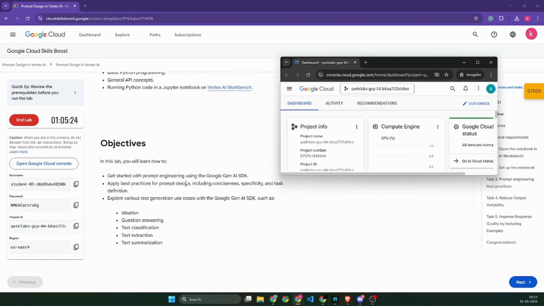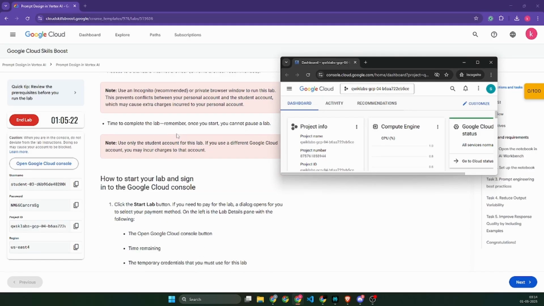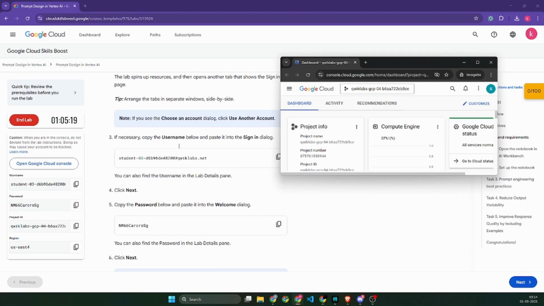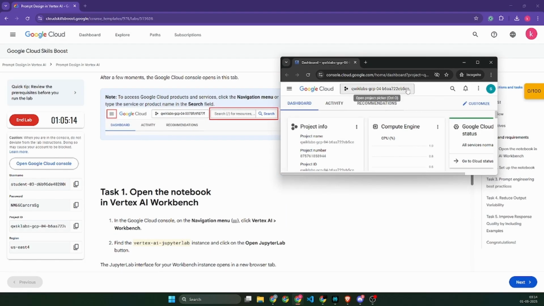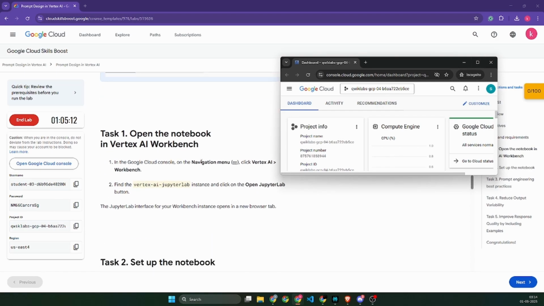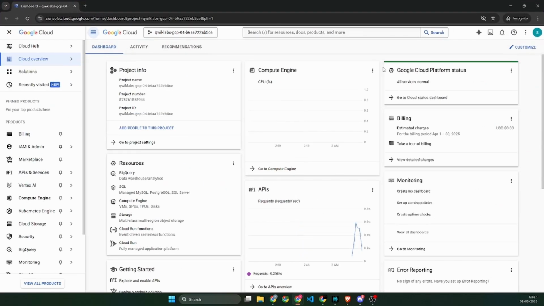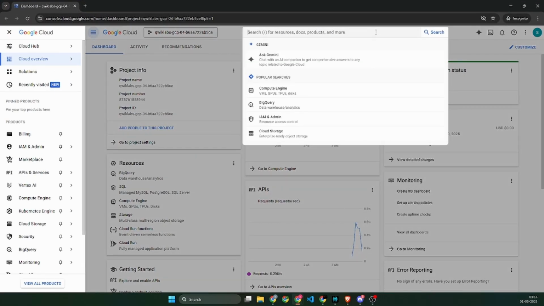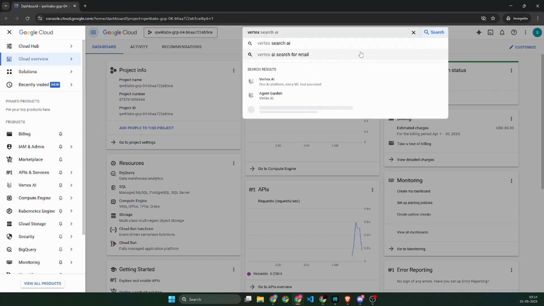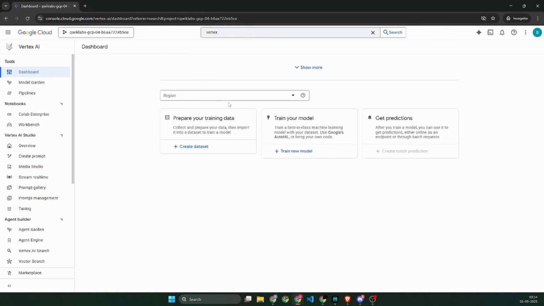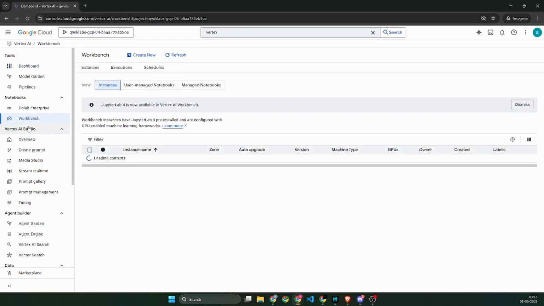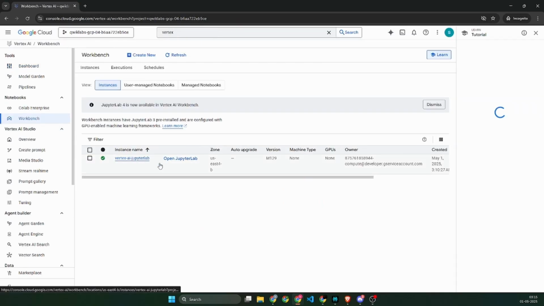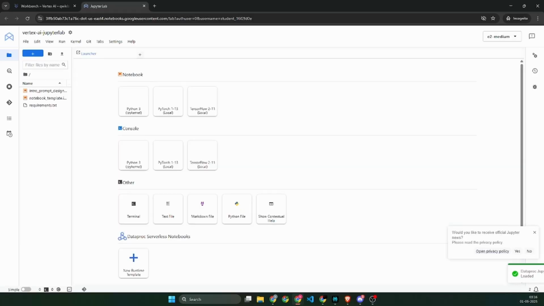You can go through everything. It's well detailed, but let's just go and I'll show you how we can complete this entire lab. It's very simple, it's very basic. So first thing, you have to go to the navigation menu, click on Vertex AI and click on the Jupyter notebook. So I'm gonna type Vertex AI, and there it is. And now we wait and click on the workbench on the left menu and click on open Jupyter lab,